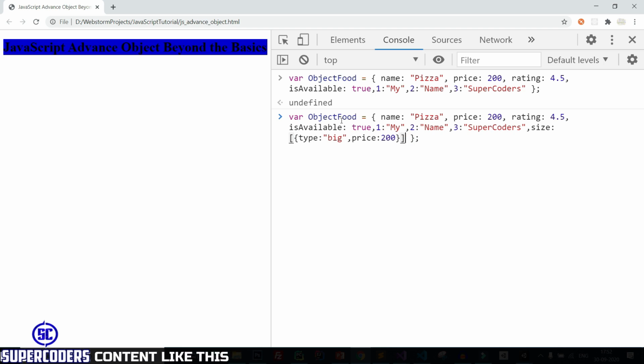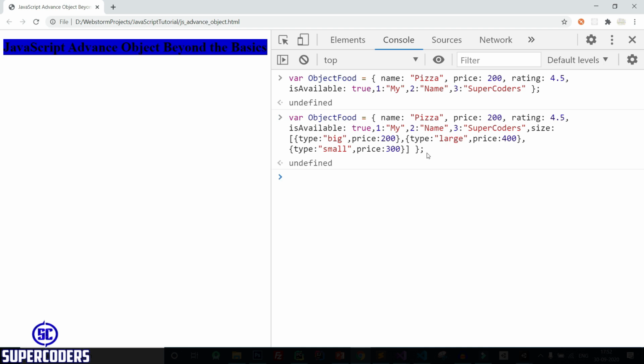So you can use multiple objects, copy it again, paste it again, 300, small, large 400. Now click enter.